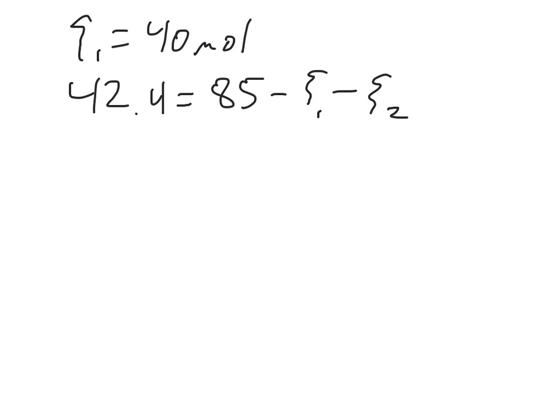So these are the two equations we have. This was taken from the fractional yield. We used the fractional yield to derive extent 1. This is the equation that we got from the fractional conversion, which is in terms of extent 1 and extent 2. So now I can just take this equation, plug it into here for extent 1 to solve for extent 2. And I do that, I get extent 2 is equal to